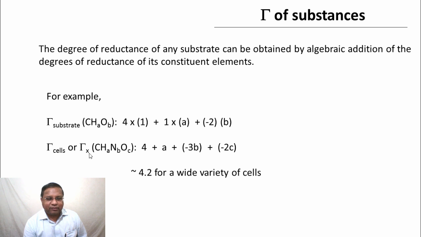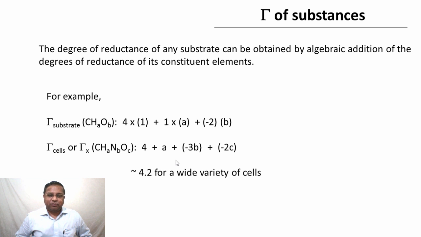This gamma X has been found to be about 4.2 for a wide variety of cells, and herein lies the strength of this method. This has been estimated, and similarly the parameters that we are going to look at chiefly,